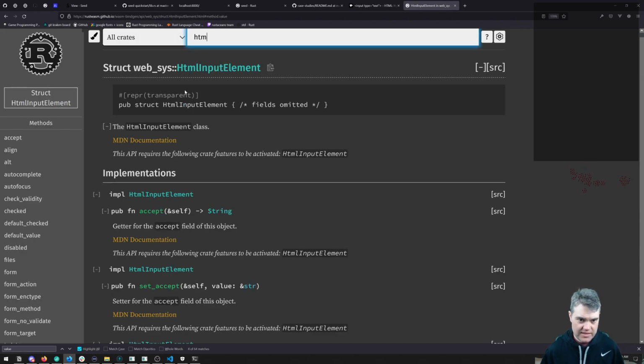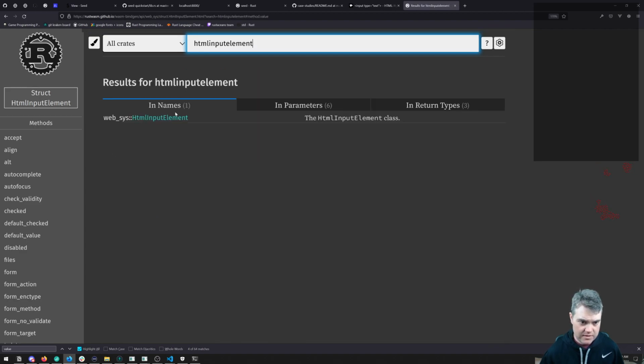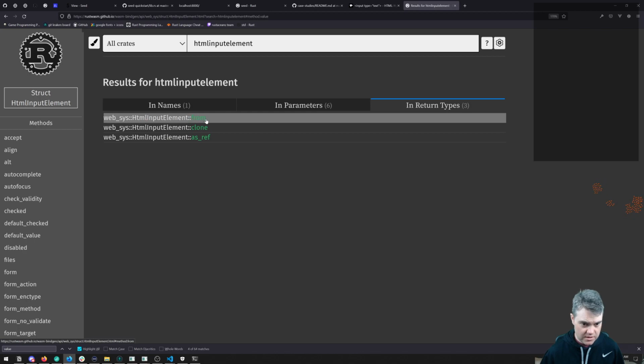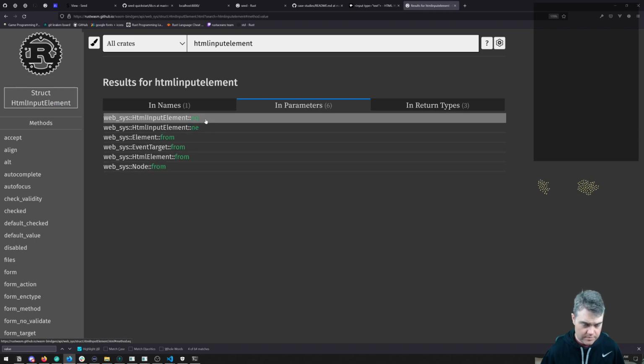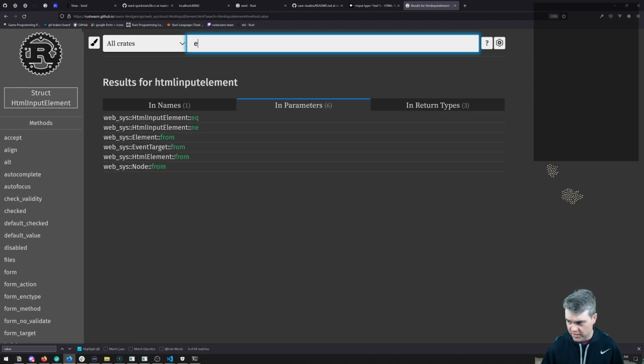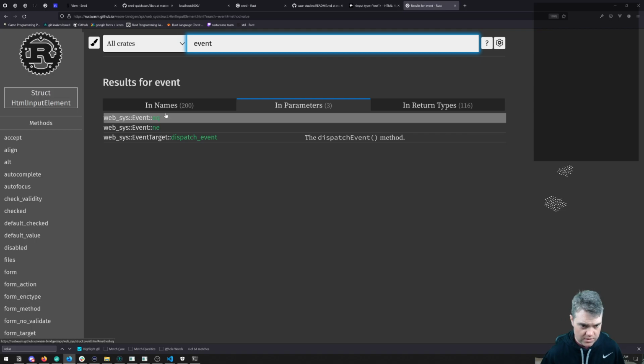Then HTML input element in return types. Well, okay, it's not helpful. If we go back to event,